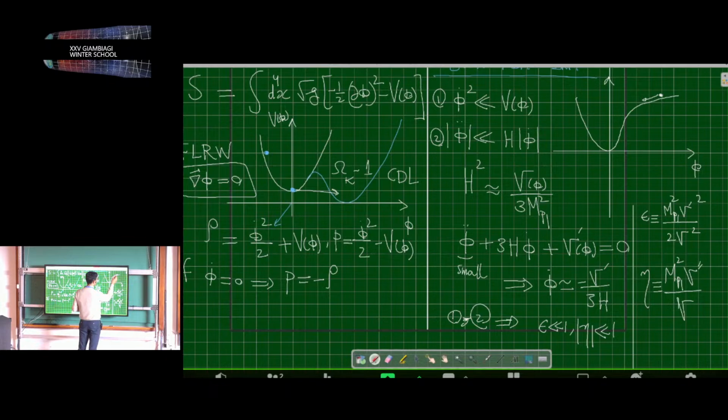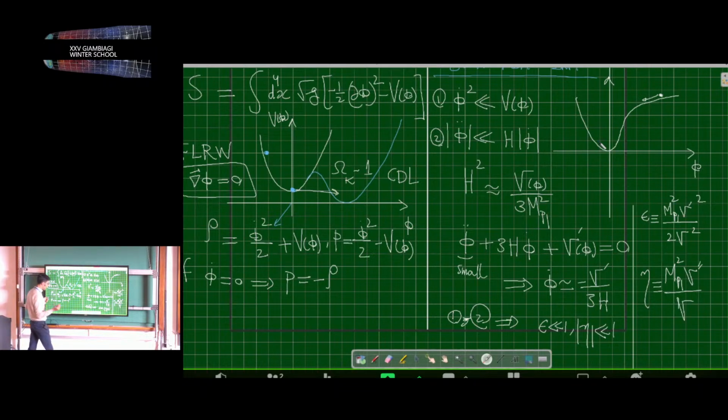So the rolling scalar field, this inflation ends when these conditions are no longer satisfied. For instance, in this example, this scalar field rolled slowly, but at some point it arrives at the bottom of the potential where these conditions are not necessarily satisfied anymore. See here, V goes to 0, so epsilon cannot be small anymore. Similarly eta, they are divided by V. So you arrive here, and then the conditions are no longer satisfied. Your equation of state is going to change.